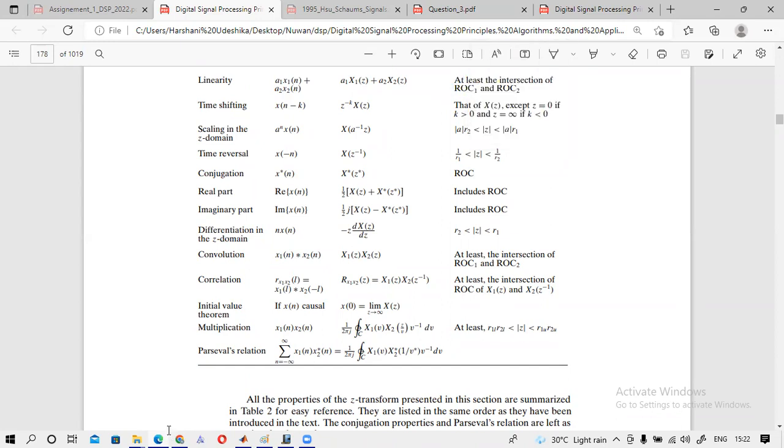Maybe some values are there without the intersection, but we can consider only the intersection here, because we have to give an idea for which z values this transform will get a finite value, not an infinite value. So if we get the intersection,